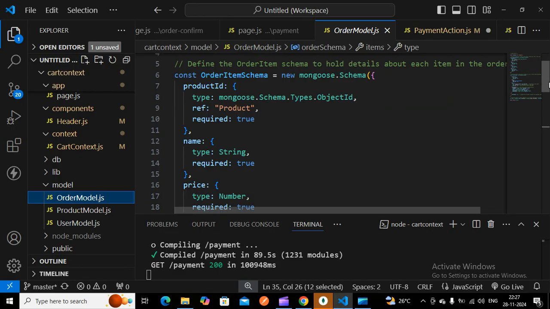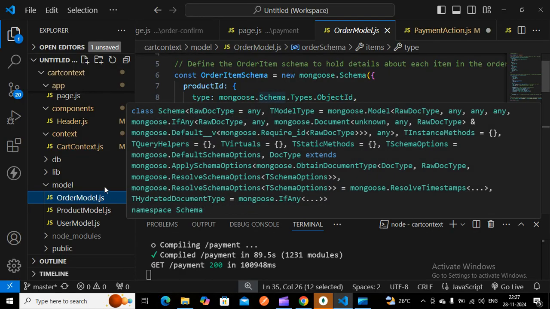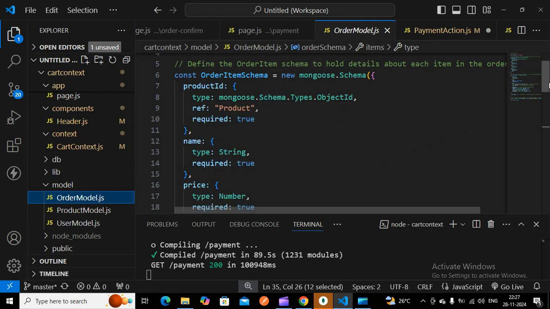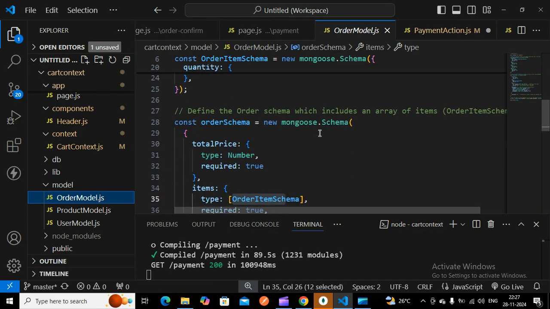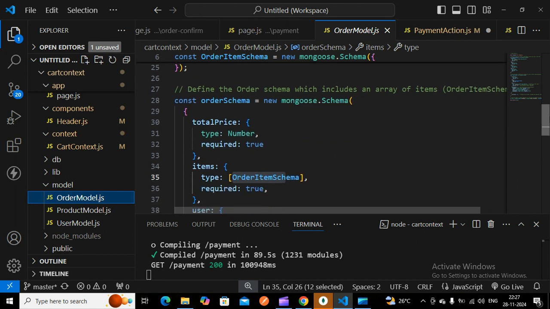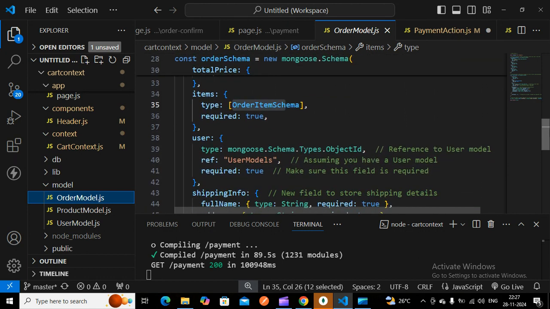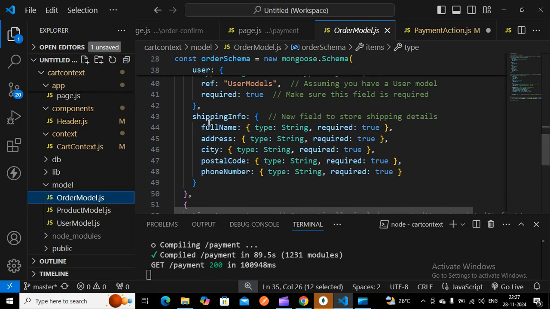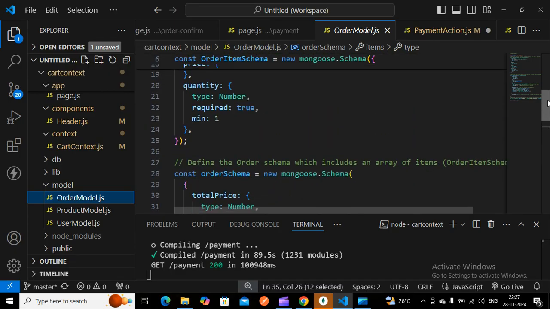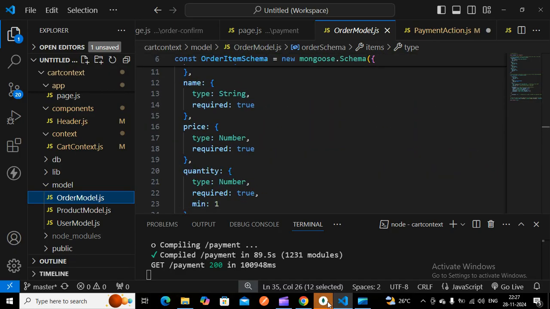In the order schema I have total price, items, user, and shipping info. We refer to the user from the user model, so I'm giving the user model, with required true. The shipping information we get from the local storage. These are the information I have to store in the MongoDB database.